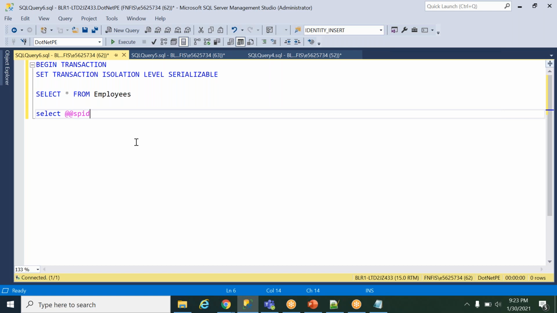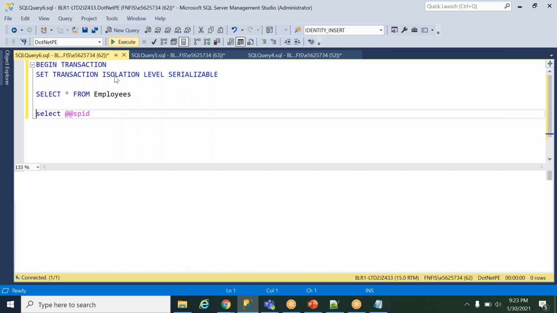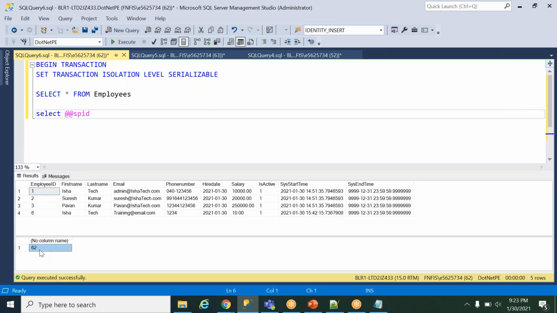Okay, so now what I'm doing here is a transaction, just select star from the employee table. First of all, I put one select statement for my ID, the SPID, because when I open another query window, for each and every tab there will be an ID, which is the SPID.